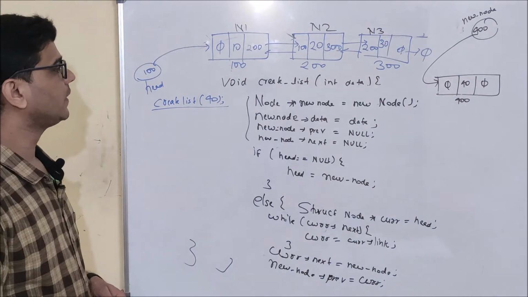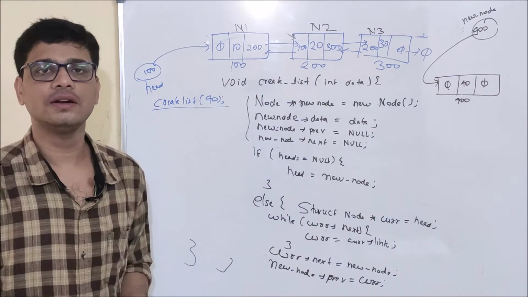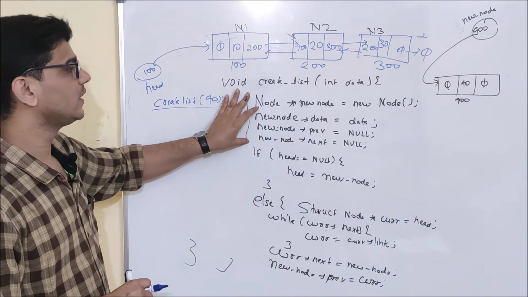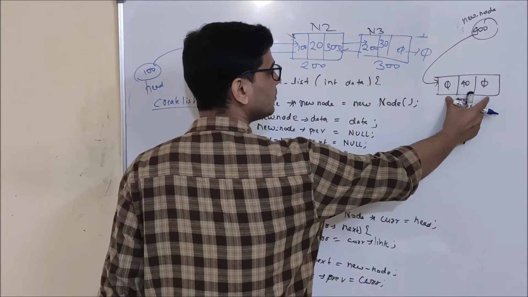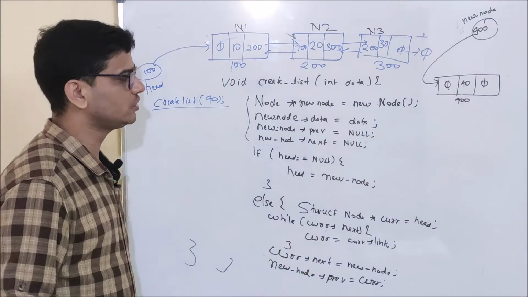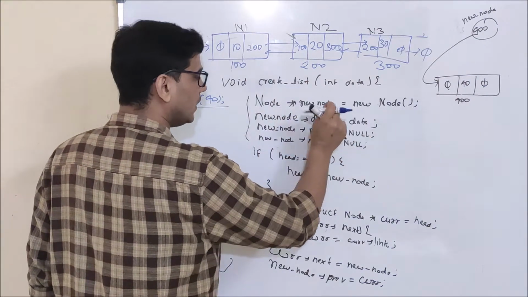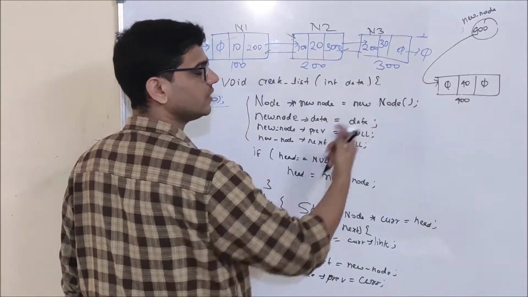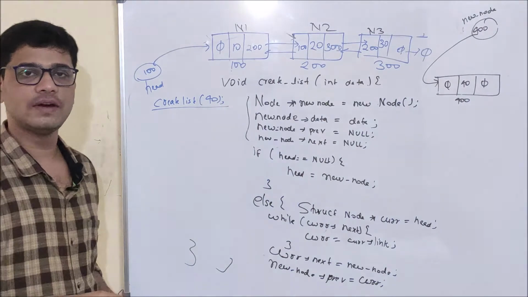So what is going to happen? First of all, the user asks us to insert 40 in our doubly linked list. So these 4 lines will execute. What are we doing in these 4 lines? We are first taking a memory block from our operating system, and in these 3 lines we are updating the data part, previous part and next part. Previous and next we are updating to null, and the data field we are updating with this data value.